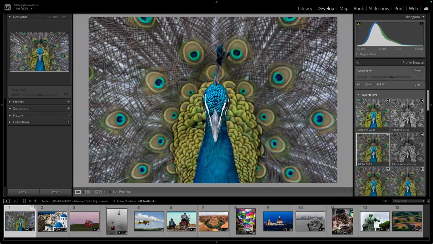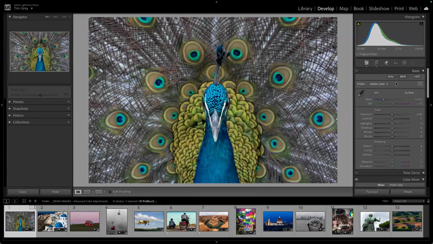The adaptive options, by the way, the adaptive in that term means that it changes based on the image. You won't always get the same look for different images. It'll adapt based on an analysis of the image. Similar in concept to adaptive presets, but those are really just masking features that are saved as part of a preset. All right, I'm going to go ahead and close that browser for the profile pop-up